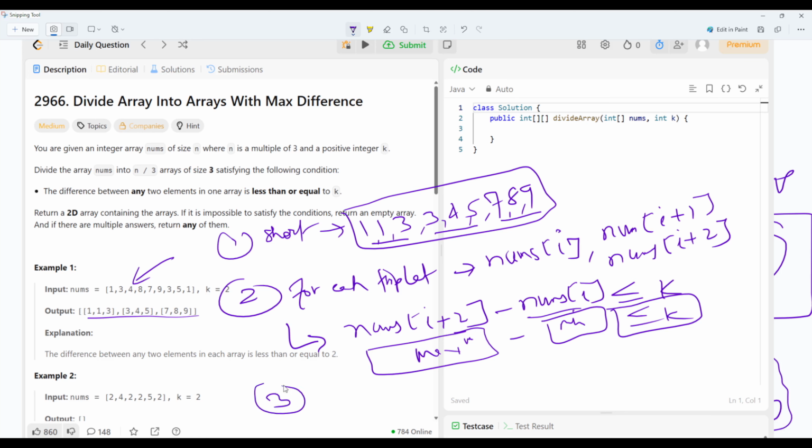And then if all the groups satisfy these conditions, we will return the grouped arrays. You just need to keep adding into a group, like in an array, and then return the group arrays. If any group fails,